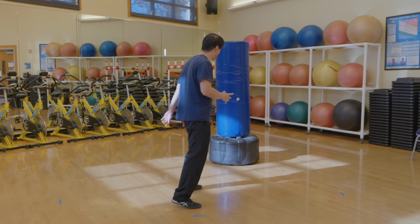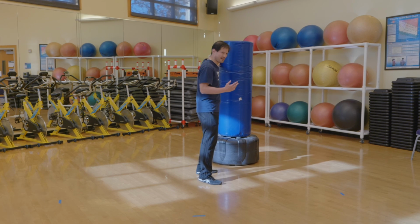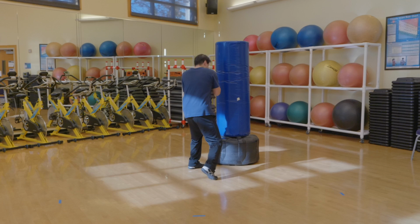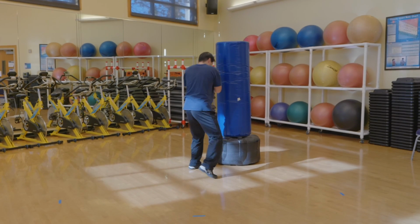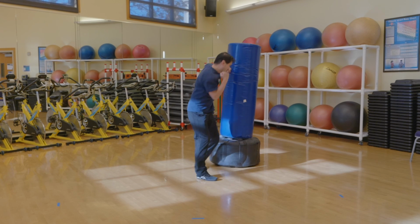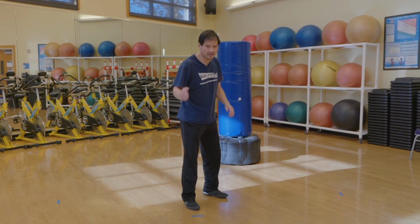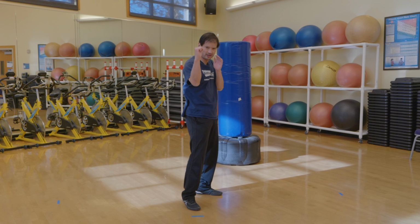Here's the bag right here. So right here is a person's face, right? I'm hitting the side of their head right here. So I'm turning here. Okay, this is your hook. This is your hook, just like that. All right, so it is a circular punch. You're hitting the side. Let's just get used to this motion right here. Now,